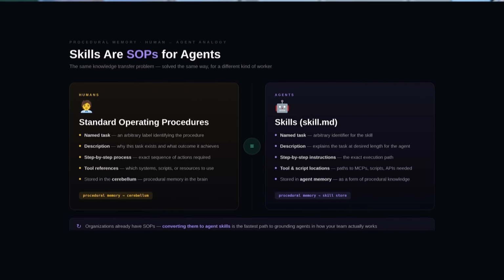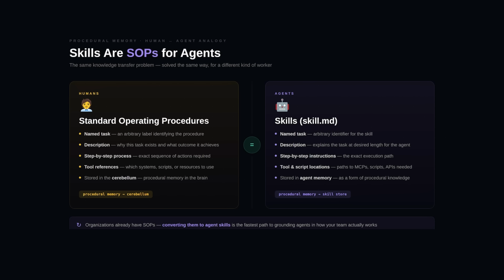Again, I'm a very simple man. Let me go back to humans. Skills are nothing new. Humans have the equivalent, and they're called SOPs, standard operating procedures, which are documentation that you have within organizations that define how you do certain tasks. The reason we add SOPs is because you might have a certain way of doing things, and let's say you hire someone else and you want to transfer that knowledge. The best way we saw as humans to do that was to document it in a structured way where you define the step-by-step process you have to take to achieve a certain outcome. They're called SOPs, and we have organizations today.